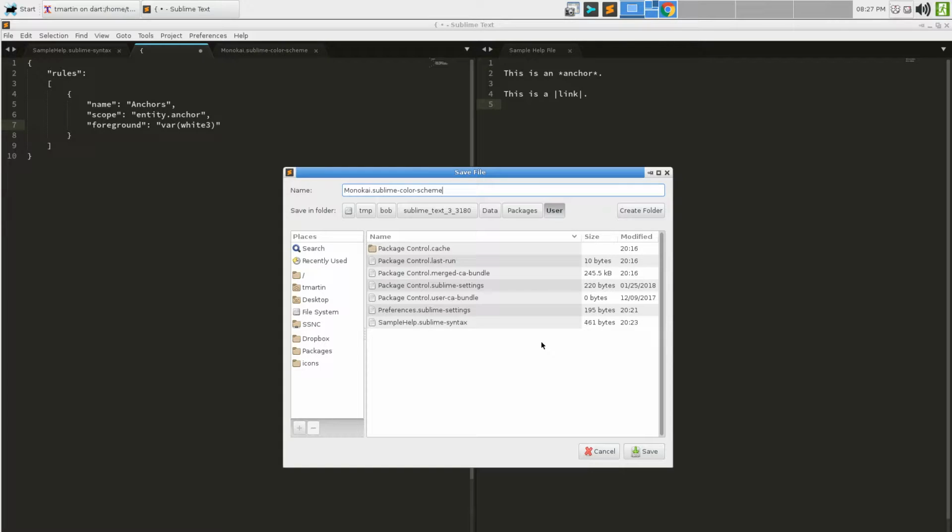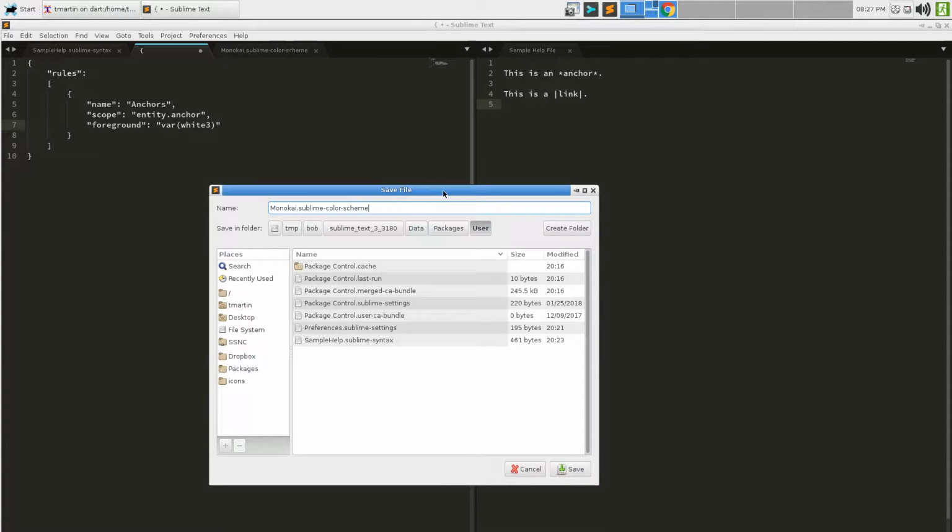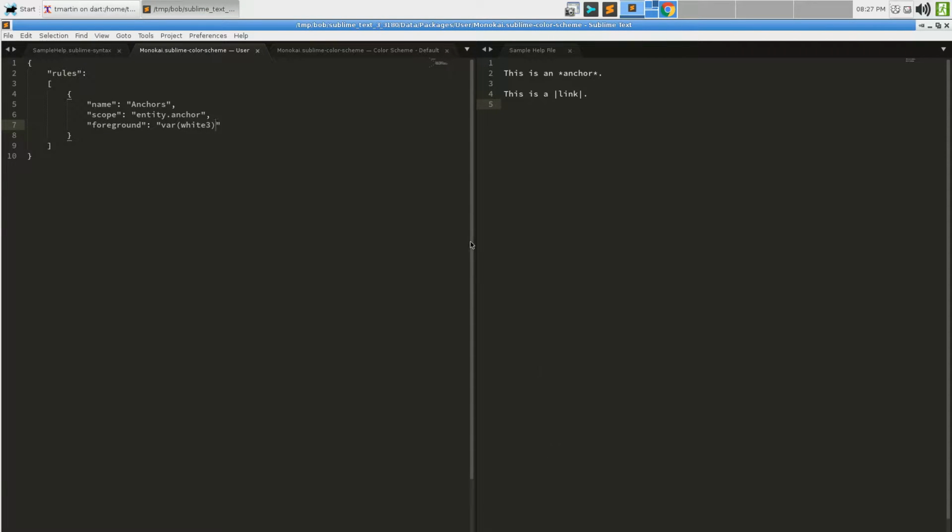And the user package is always loaded last. So my rules here are going to take precedence. Now, in theory, this means that as soon as I save this, we should see that anchor over there change to quote unquote white 3, which I think is supposed to be the yellowy color, but we'll find out. That's not going to do anything, huh?